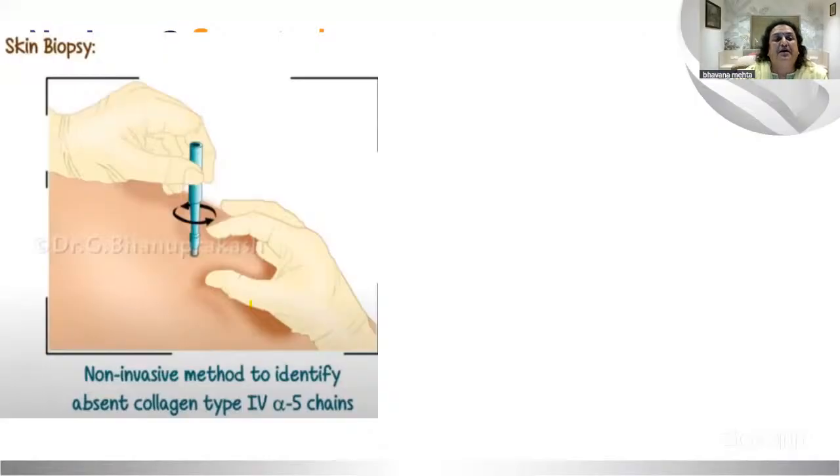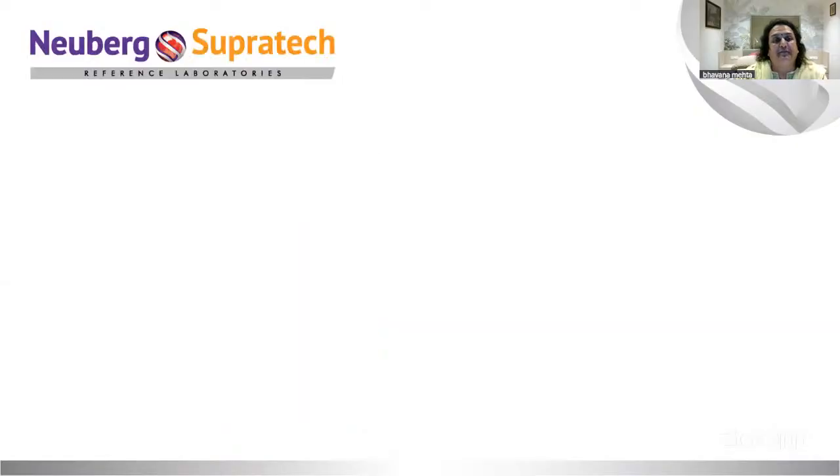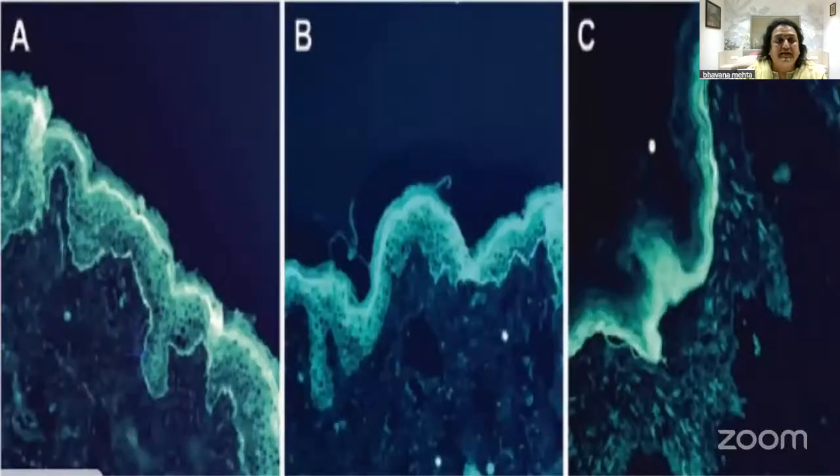Sometimes even skin biopsy is done instead of renal biopsy because it is easily done, and then they also show different types of collagen abnormality to confirm the presence of the abnormal collagen type 4. So this is the control and the autosomal recessive Alport syndrome, where we can see the normal staining of the basement membrane of the epidermis, and